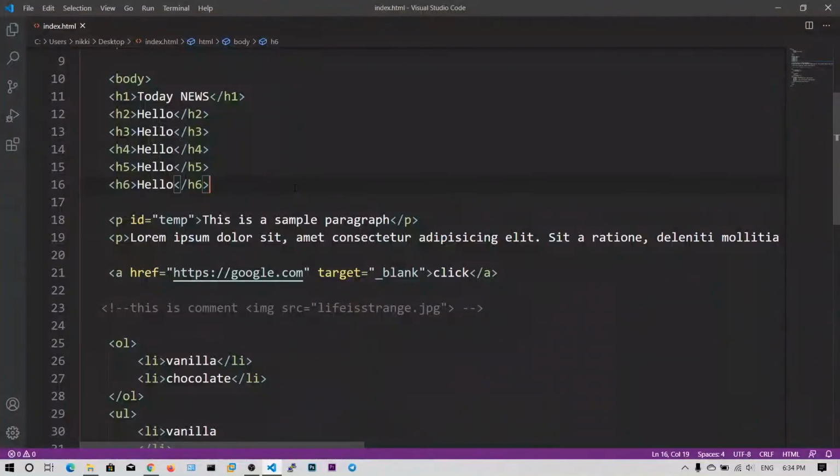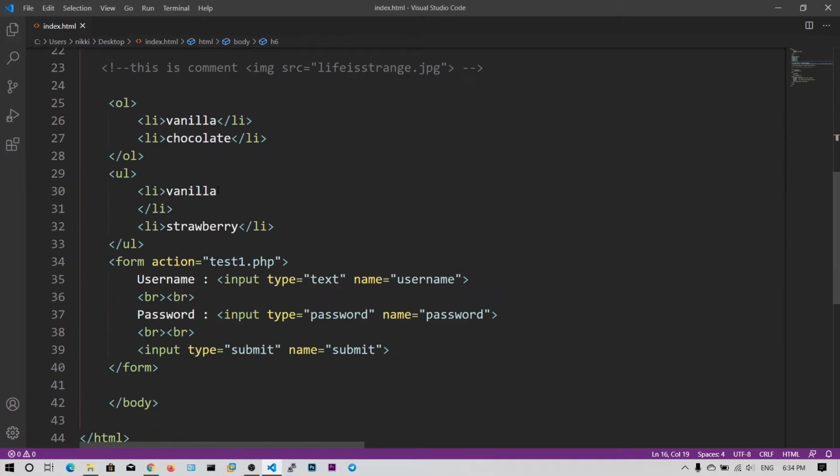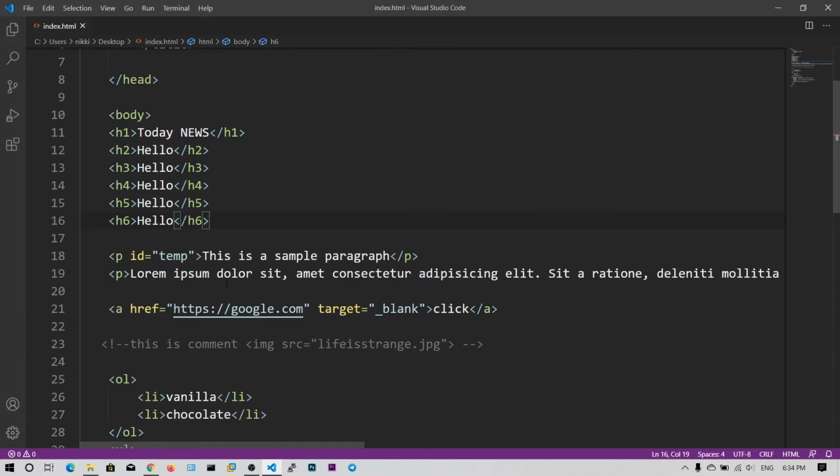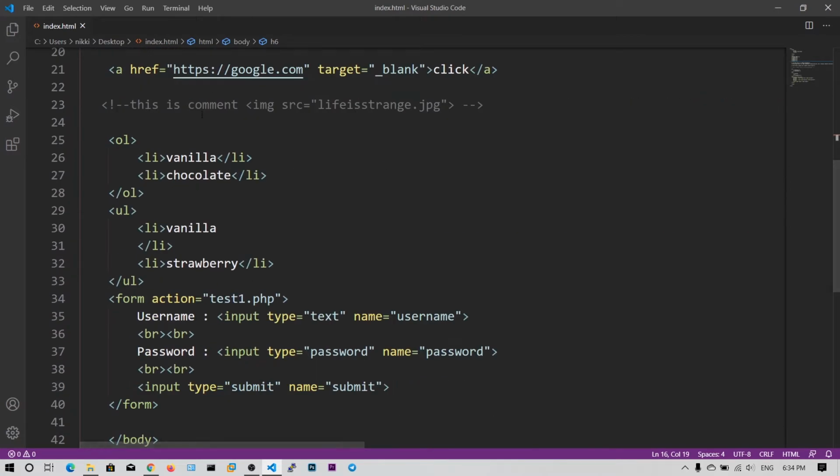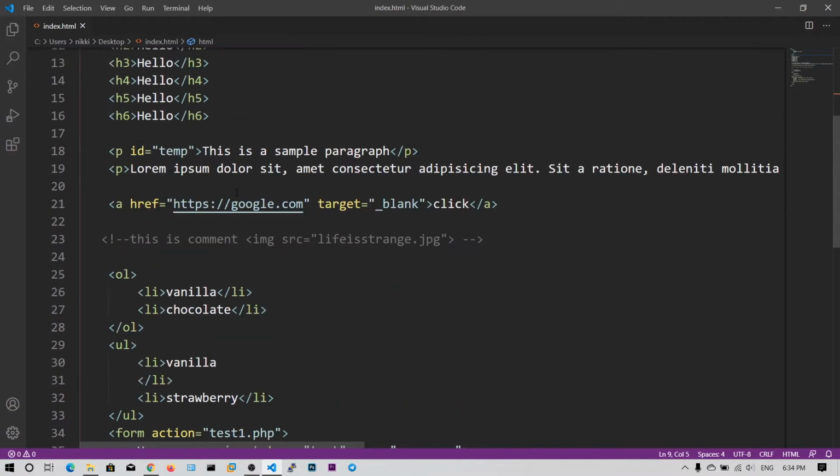So guys, now let's talk about CSS. CSS stands for Cascading Style Sheets. CSS itself is not a programming language, but it's a styling language. It is used to style the elements of HTML, like giving it colors, sizes, font names, etc. So this is our previously written HTML code from the HTML basics video.